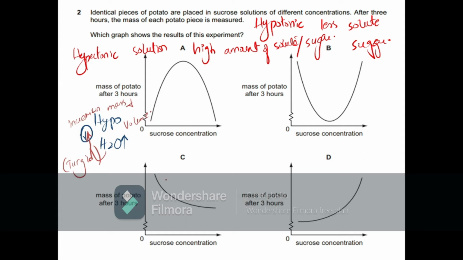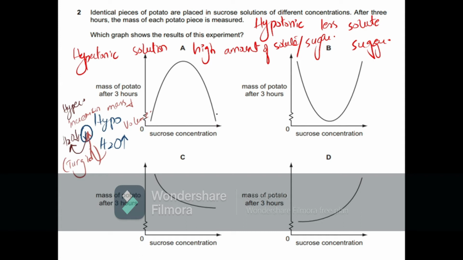While if you place cell in hypertonic solution, you will observe the opposite change. Now what will happen if you place cell in hypertonic solution? Water is present in low amount outside. In hypertonic, water is present in low amount outside. So from the cell, water moves out by exosmosis. So you can see here, and cell may experience shrinkage. You can see here, when you are increasing the sucrose solution,